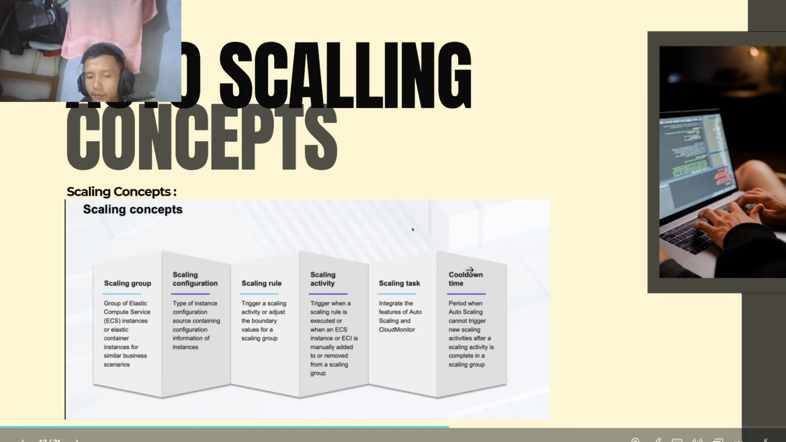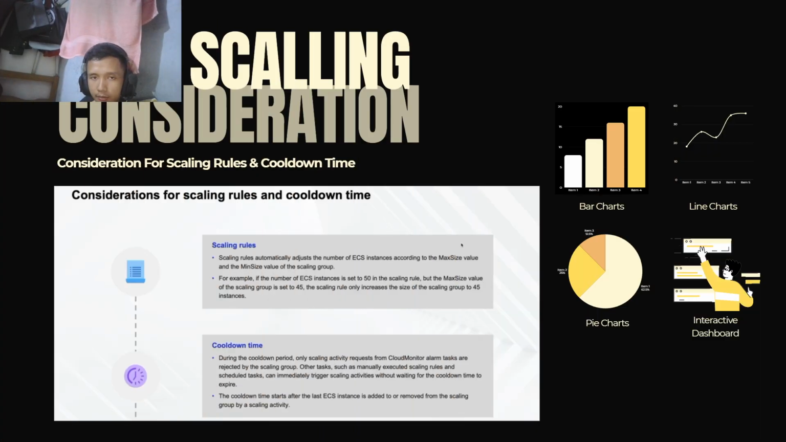Alright, the next thing. Okay, this is auto scaling consideration. Consideration for scaling rule and cooldown time. Scaling rule automatically adjusts the number of ECS instances according to the max size value and the min size value. For example, if the number of ECS instances is set to 50 in the scaling rule, but the max size value of the scaling group is set to 45, the scaling rule only increases the size of the scaling group up to 45